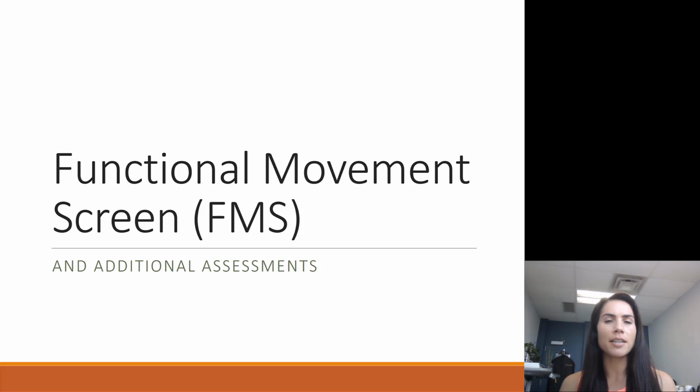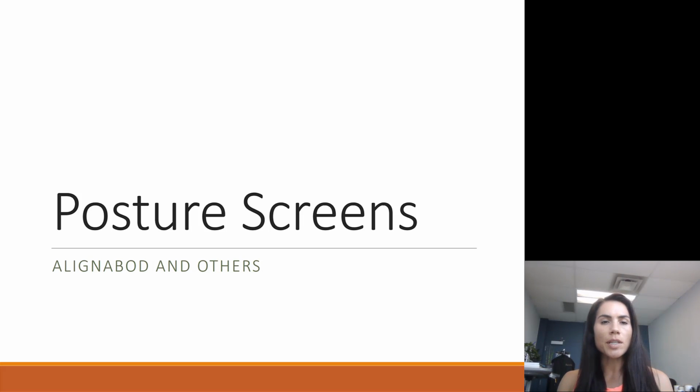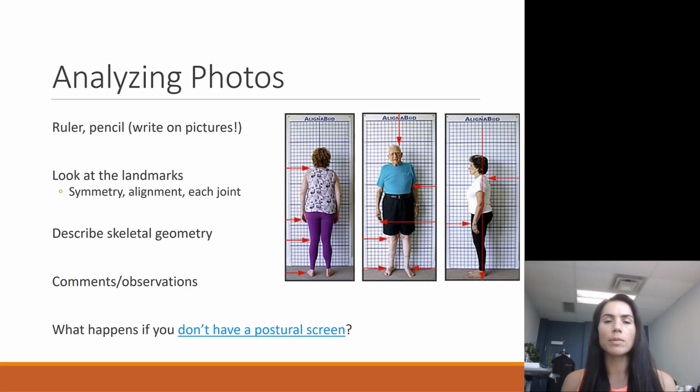Okay, today's lecture is going to be on the functional movement screen, which is also known as FMS, as well as some additional assessments that you can look at your client's posture. So we'll start with some posture screens. We'll start with the one that we know best and the one that we're going to be doing in lab,